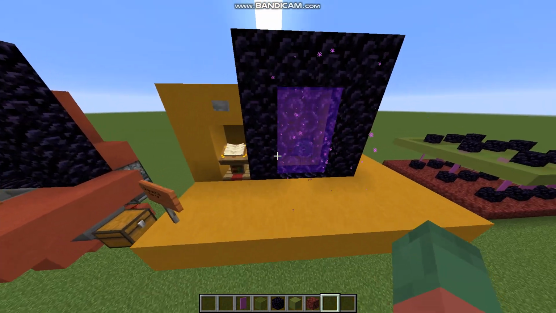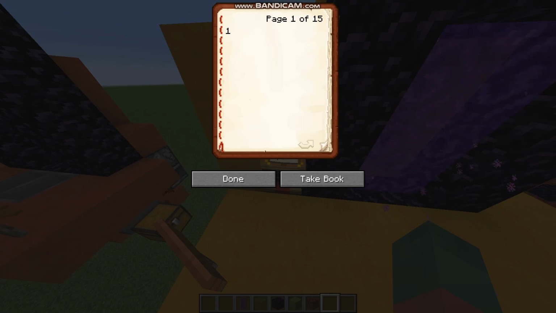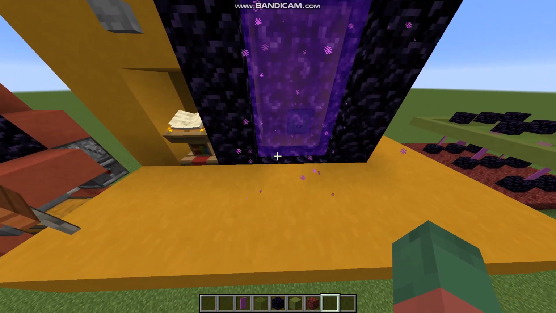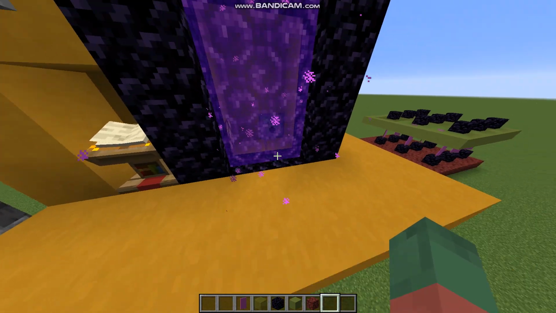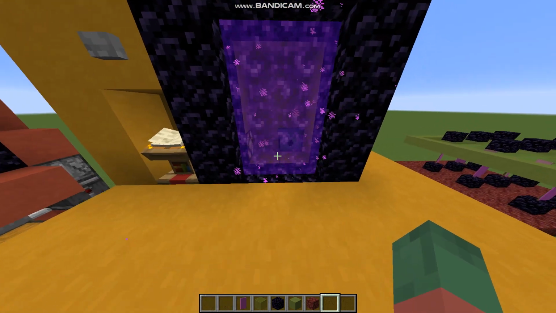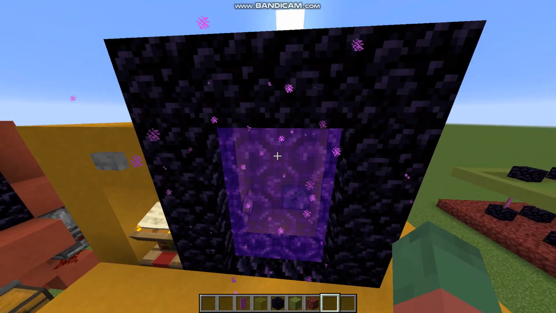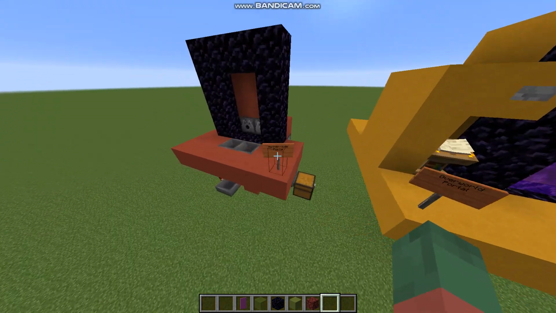So right here we have the overworld setup, and basically there's a lectern on which we can select the page, and the pages correspond to portals that you can go to, and also correspond to a number of items that is inserted into the portal right here. So first page, no items, 1 item, 2 items, 3 items, and so forth. So items get dispensed into the portal by the dispenser behind it,